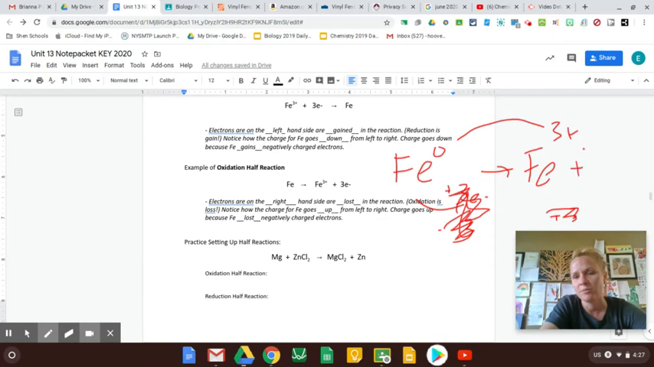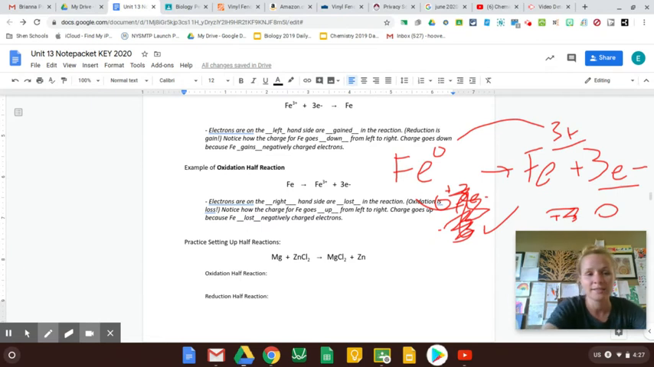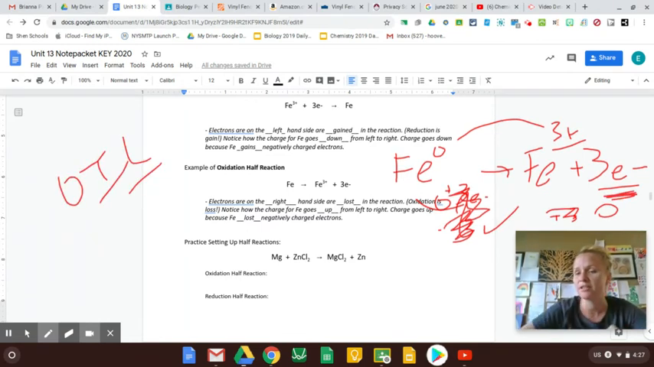So let me put them over here. And now I have 3 negative things and 3 positives. So this side equals 0, this side equals 0. Okay, that was the right thing to do. Got it. I can also say oxidation is loss, OIL. If I show the electrons over here, I'm showing them being lost. I'm saying I had Fe, and now I have Fe that's missing 3 electrons plus the 3 electrons that are